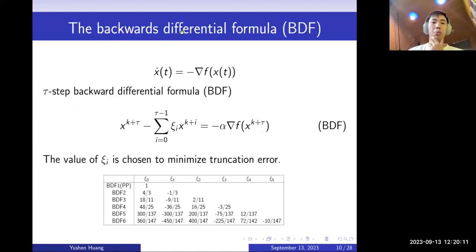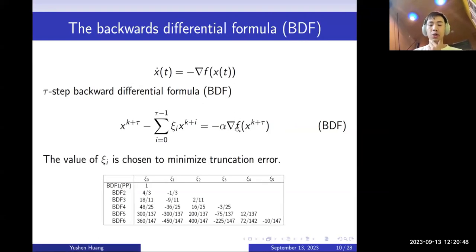And now we talk about this backward differentiation formula. So basically the backward differentiation formula is just a special kind of multi-step method. But the multi-step only applies on the x side, but not on the right-hand side. So for a general multi-step method, you will have a linear combination of the gradients of the previous steps. But from an optimization point of view, we do not want to add more time steps over here,